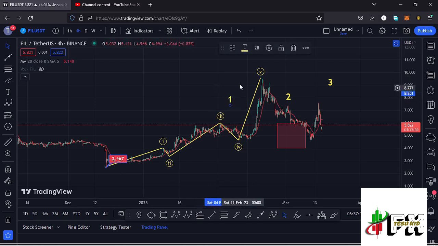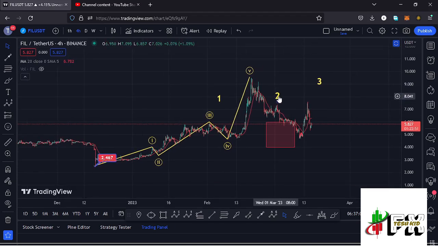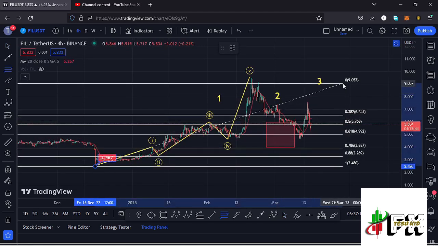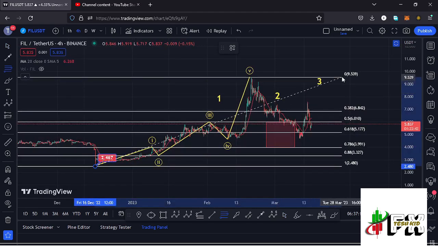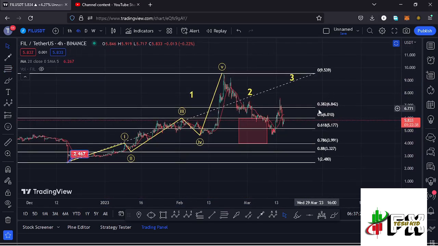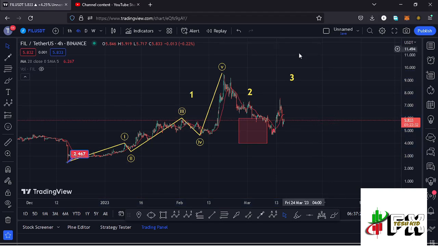And after seeing the formation of a larger Elliott wave count 1, whatever we expected next was a corrective structure in the formation of this wave 2, and using the Fibonacci's connecting them from the low of the first wave to the high of that wave 1, I was able to come up with a minimum retracement area in the formation of that wave 2 between the fib level 0.5 and the fib level 0.78, which is a target area that we have fully maximized. And I believe that we have bottomed out in the formation of this wave 2, and whatever we are seeing